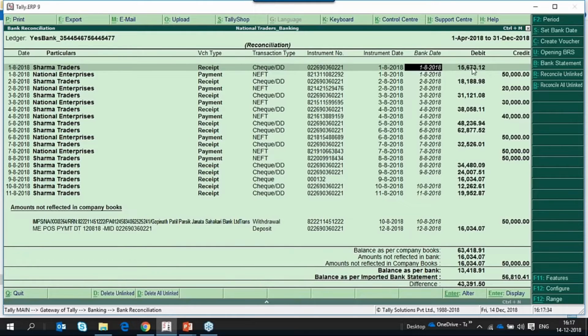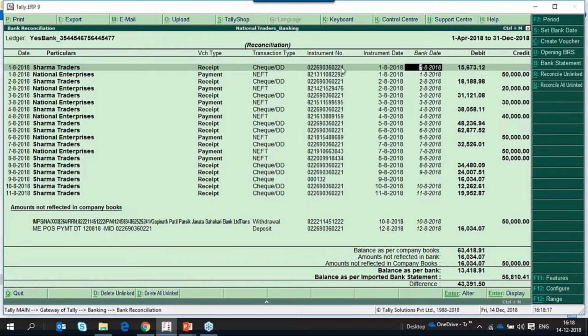Now, if we see in our books of accounts, we have 19 transactions, and in the statement we have 20 transactions. But reconciled transactions are only 18 because the instrument number and amount must match when compared between the statement and the books of accounts. The auto bank reconciliation works based on the instrument number and the transaction amount. So when the instrument number and the transaction amount, both in statement as well as in our books of accounts, are the same, only then the bank date will get captured against the respective transaction.